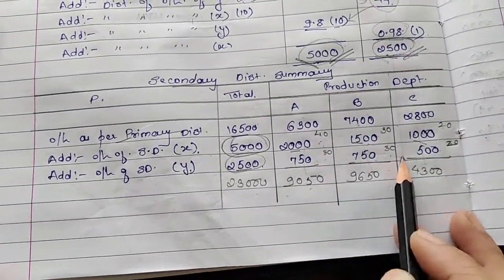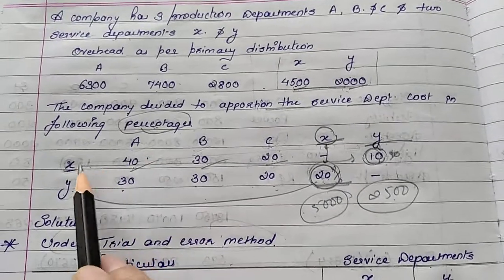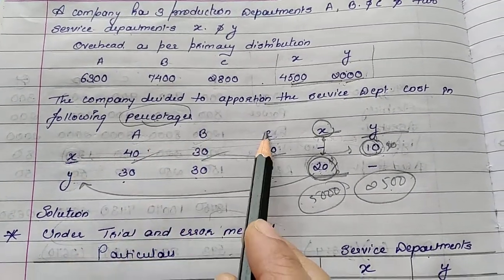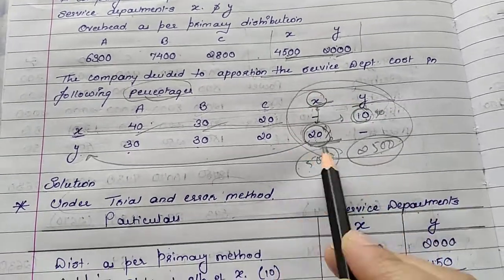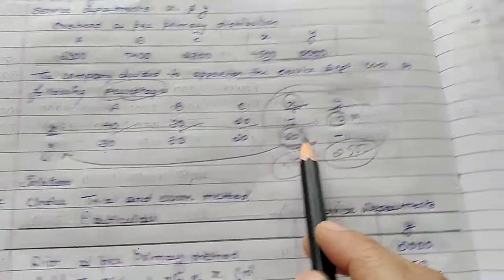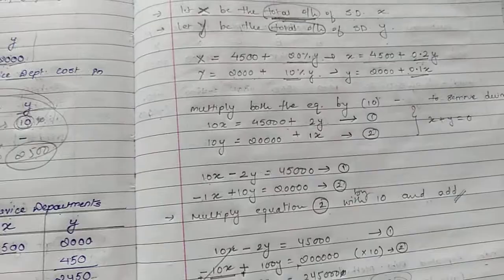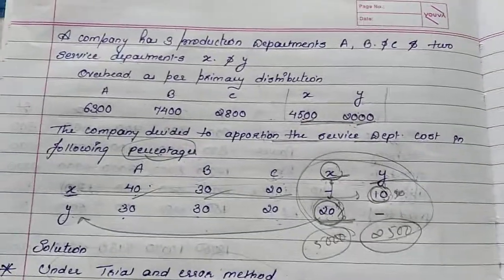These percentages will be given in the problem. X is distributing to A, B, C in the percentage of 40, 30 and 20. And the last percentages of X and Y we had used to frame our equations over here. Okay, so with this we are done with our simultaneous